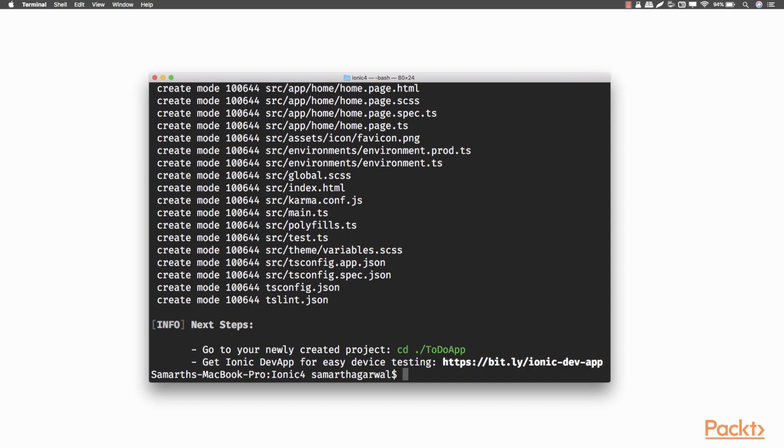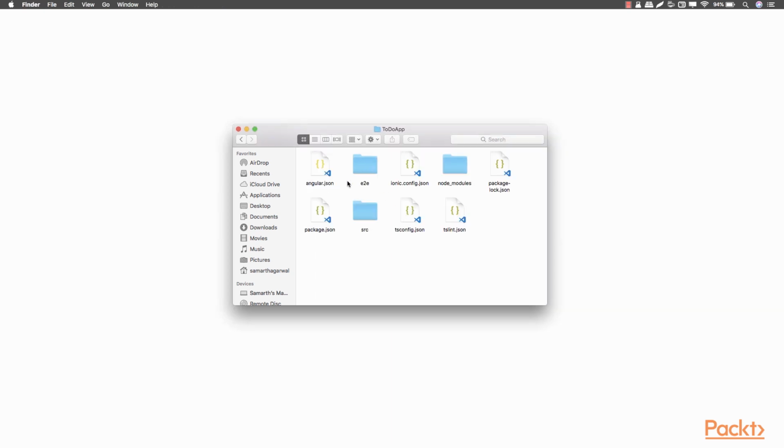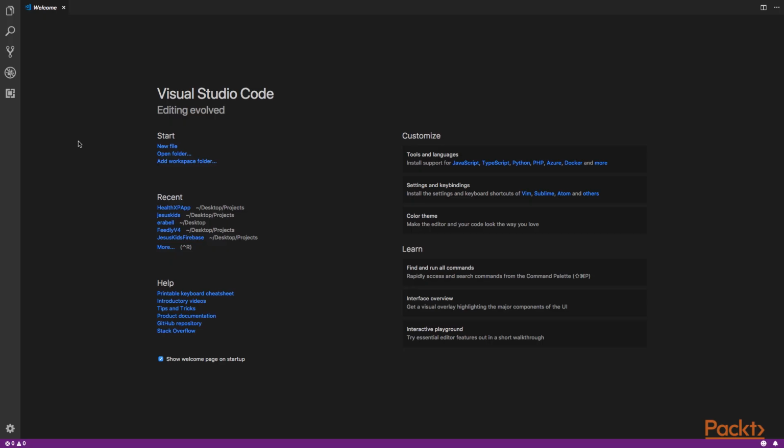Now that the Ionic project has been created, let's open this project folder in Visual Studio Code. So here you can see that I have the project folder to-do app inside the folder Ionic 4, which is on my desktop, and this folder contains a lot of files and folders inside of it. Let's open Visual Studio Code and open this project folder inside it. I'll open Visual Studio Code,